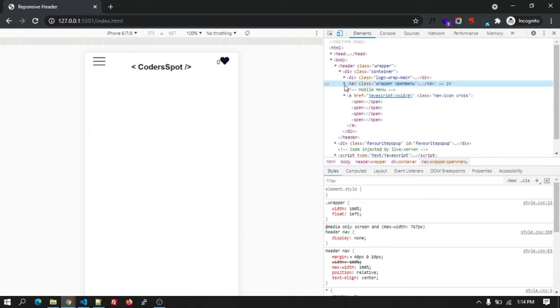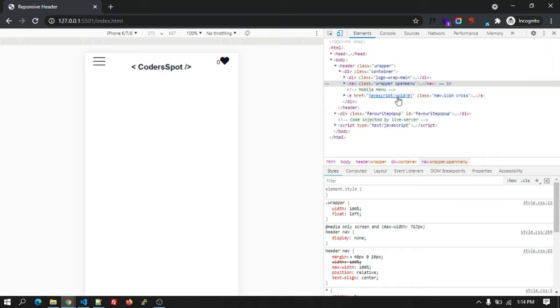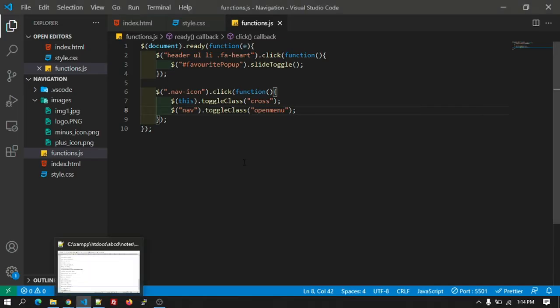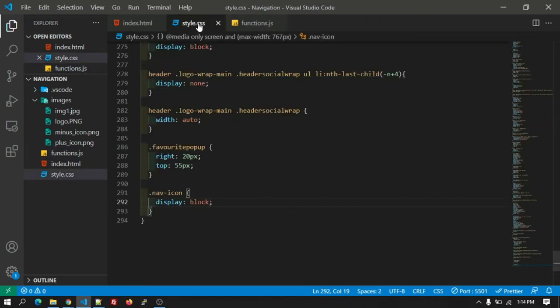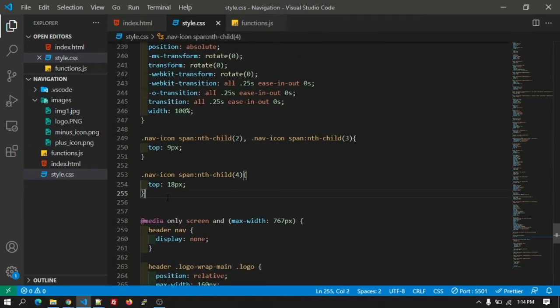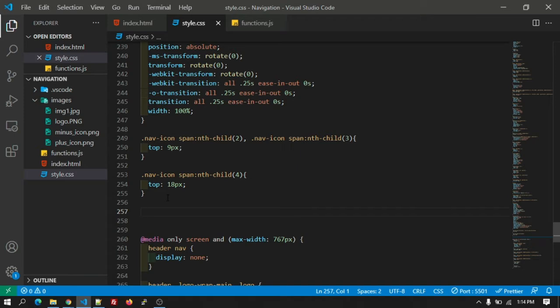So make sure, let's write the CSS for the cross class. Okay, let's go to the style.css. So in the desktop CSS only we are going to add it.